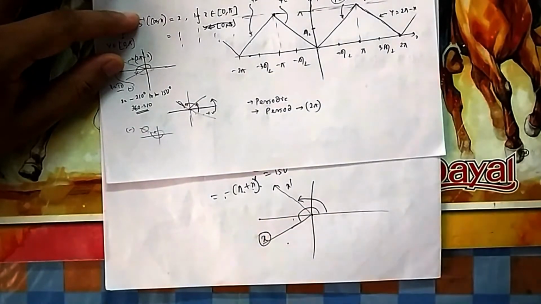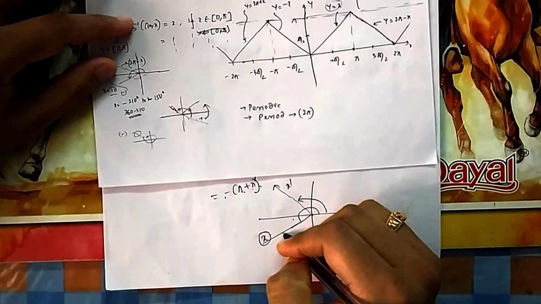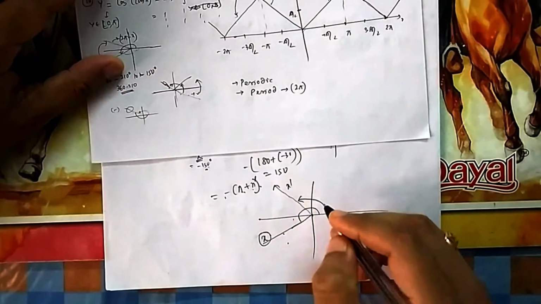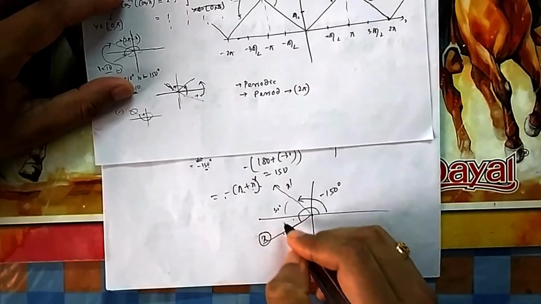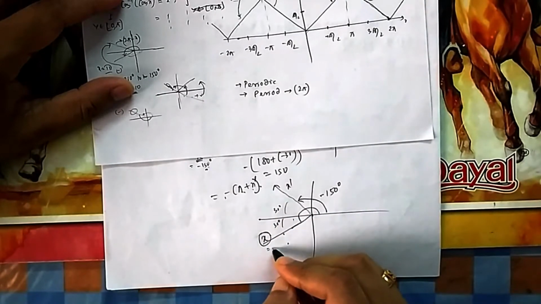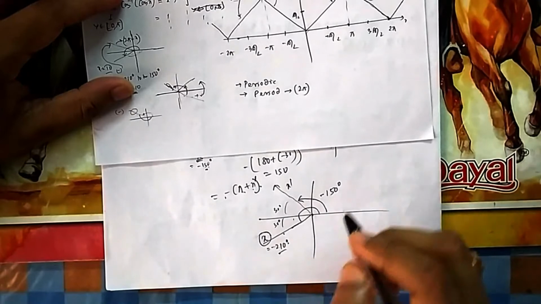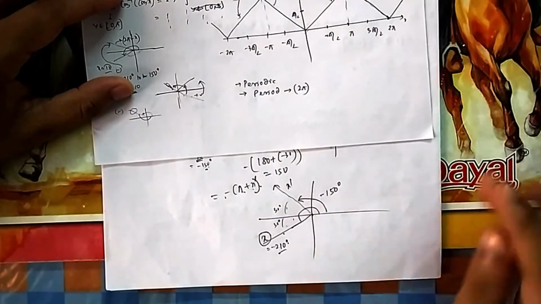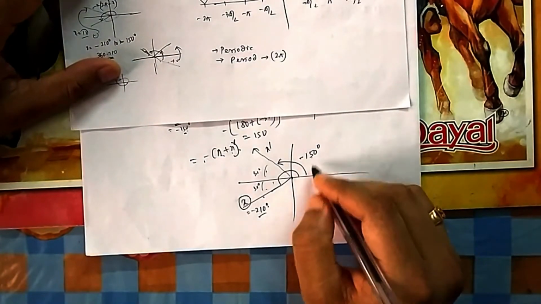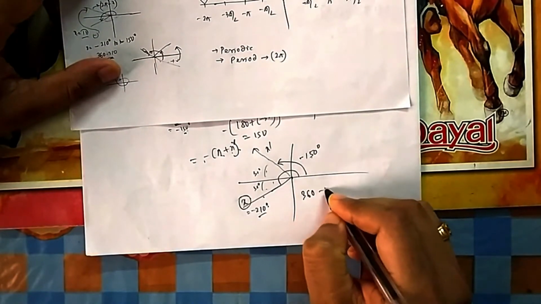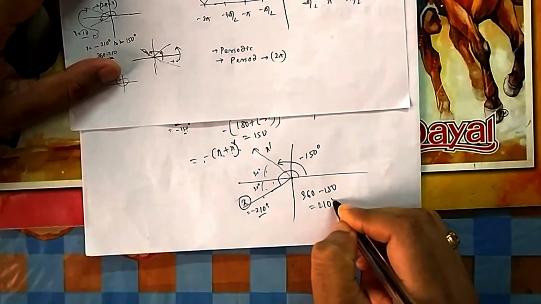So how to bring it to x? From this quadrant to this quadrant, you have to think now. Suppose now they have given minus 150. Minus 150 means this angle is 30 degrees. So you want to make this angle 30. So you want to make x equal to minus 210 degree, because this 30 you want to make it here, the quadrant angle. So how to make it 150 to 210? If you add 360 to this one, then it is 210.